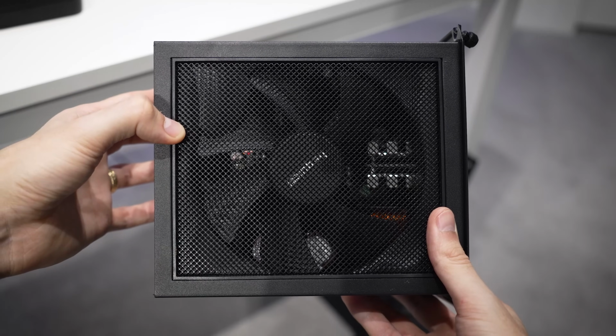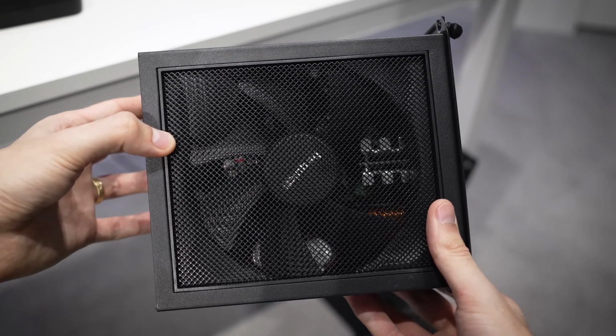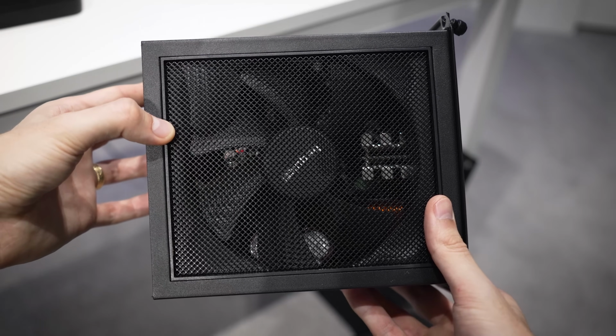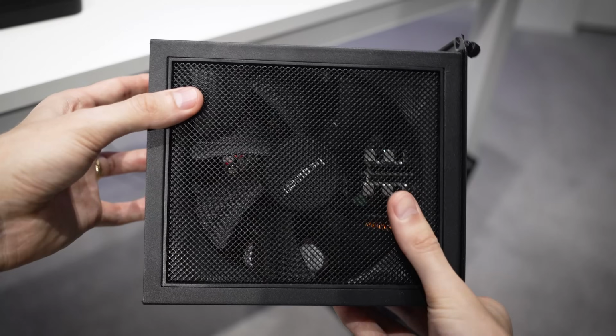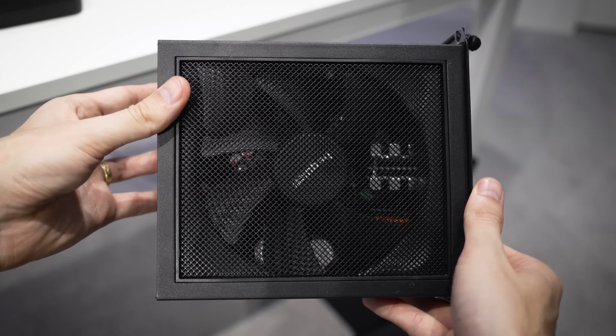I'm just gonna show you. Does anybody see what's wrong with this picture? I don't know, maybe it's just the angle, the lighting that gave it away for me. I didn't see it initially. There is a broken fan blade in this unit. You can see it's actually up here by my left thumb. I don't know how it got up there. I don't know how it broke off from this side of the fan,